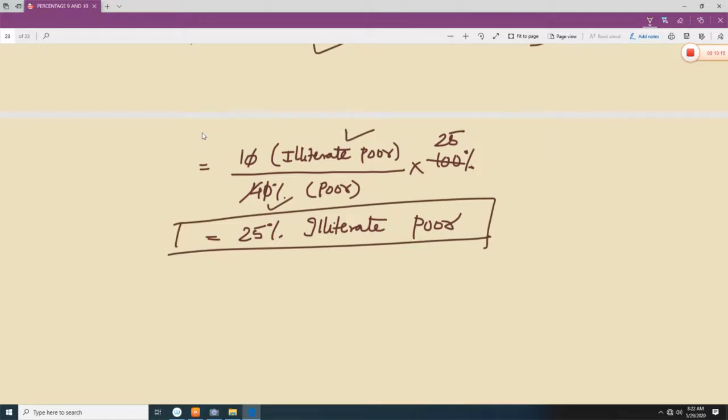So I hope that we have covered almost all the chapters of percentage. This much you need to know about percentage, and percentage is a very important concept because it cuts across almost everywhere in competitive exams, whether it is data analysis, data interpretation, profit and loss, simple interest or compound interest. Percentage is so common everywhere, so there should be a proper understanding of it.